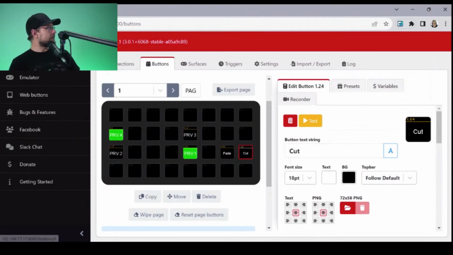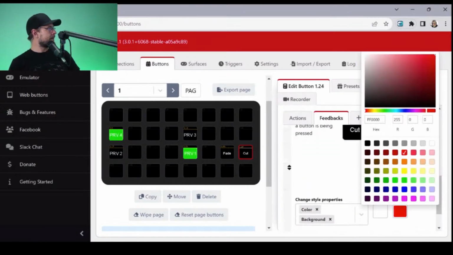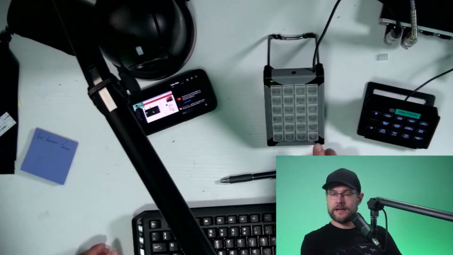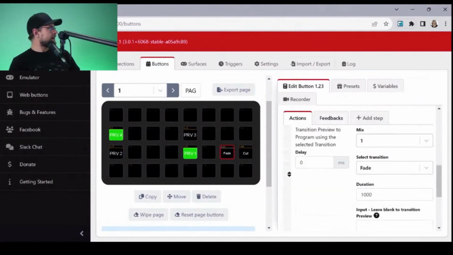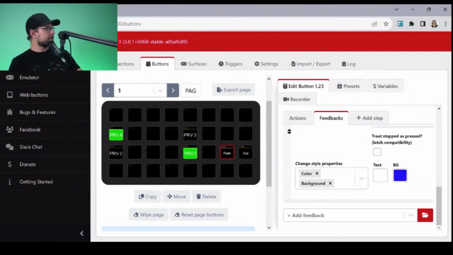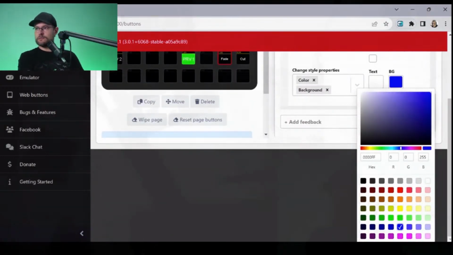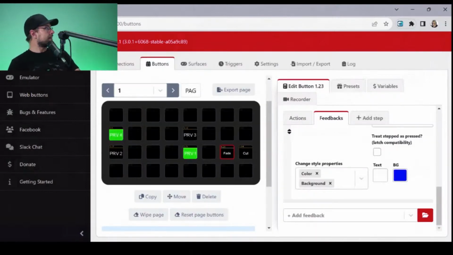Come on. Let's do the same thing here, though, with feedback. We're going to change and just add when pushed. And let's change it to blue. I like that a lot better. So now we cut over. Wow, that cut was fast. Let's do the same thing here. Feedback. When you use this color wheel, it includes both lights. But when you pick a blue from this list, it then is exclusively blue. So if I show you this here, see, it's just a blue light. And the Xkeys has red and blue, at least the 24 has red and blue LEDs. So that's handy. Okay, so let's cut back over here now.